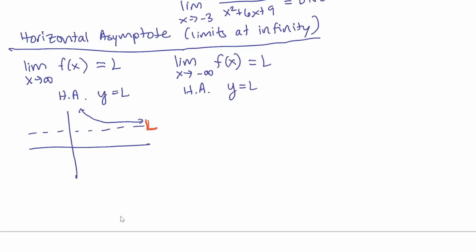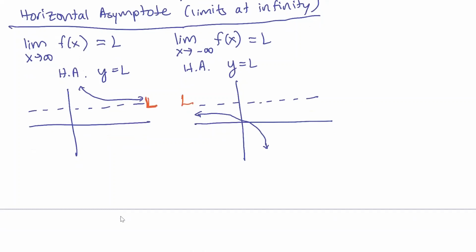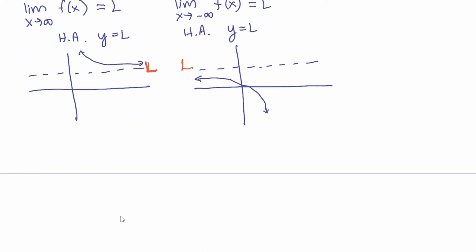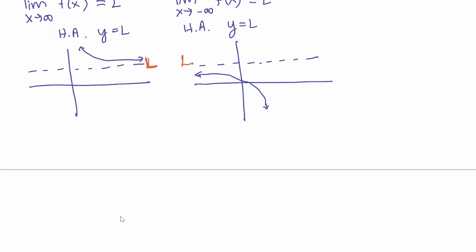Okay, versus if you were headed towards negative infinity, it's the same idea, except you're now letting X grow unbounded in a negative direction. And you notice that your graph is tending towards L in this direction. Okay, and so for both of those, we would make the conclusion that y equals L is your horizontal asymptote. So let's go down and summarize this. This will be familiar to you. This will sound like algebra 2 trig